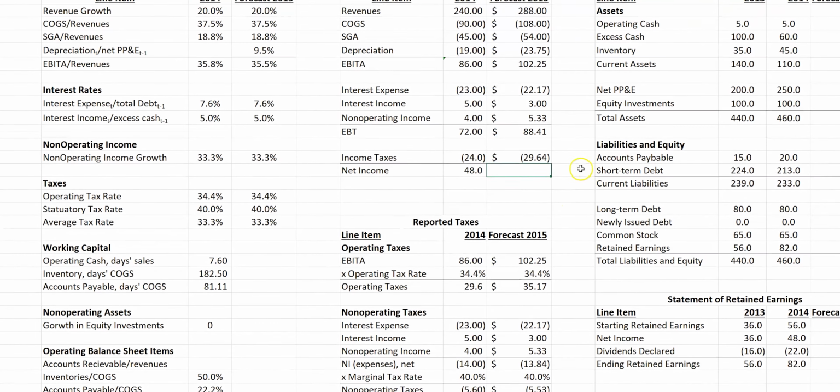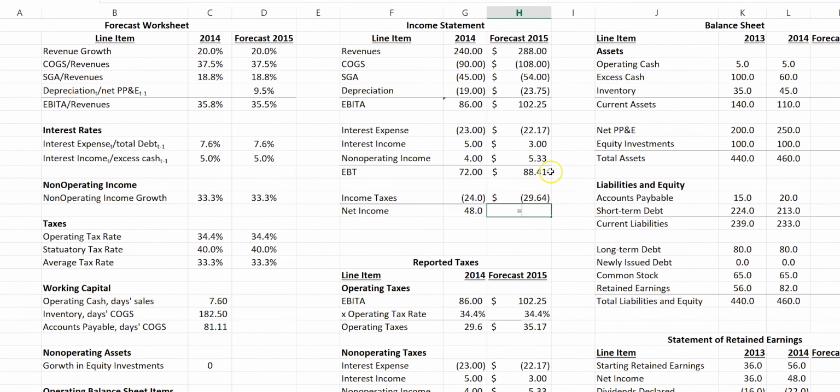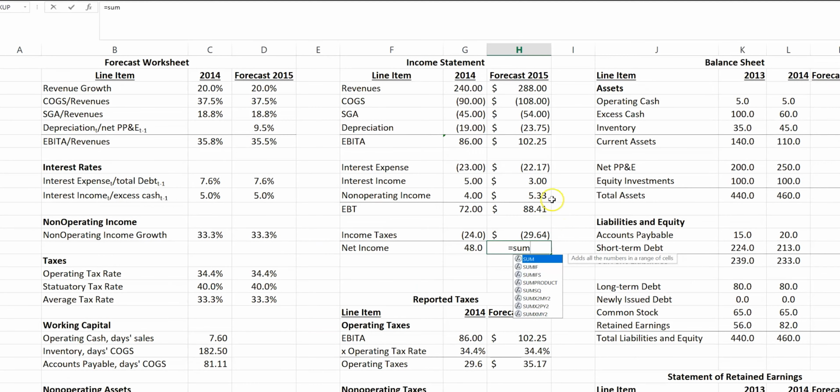Now, net income is a direct result. Net income is just the sum of earnings before taxes and our taxes paid, and we calculate our net income. So now we have forecasted our 2015 income statement and tax statement, and we're ready to move on to forecasting